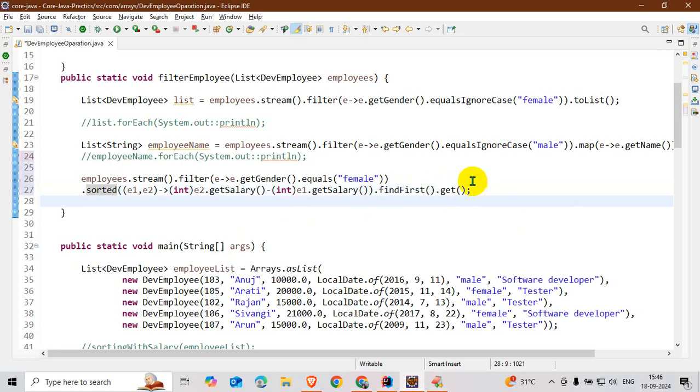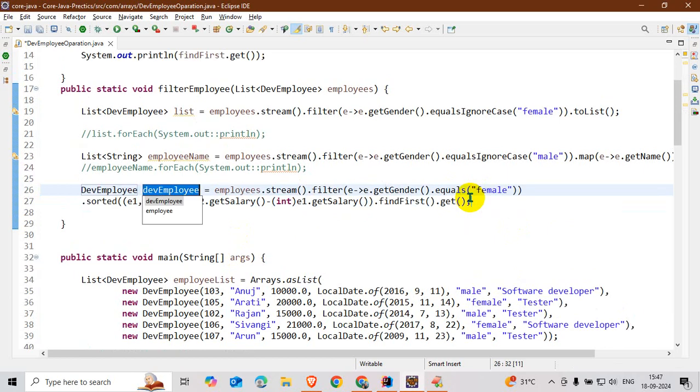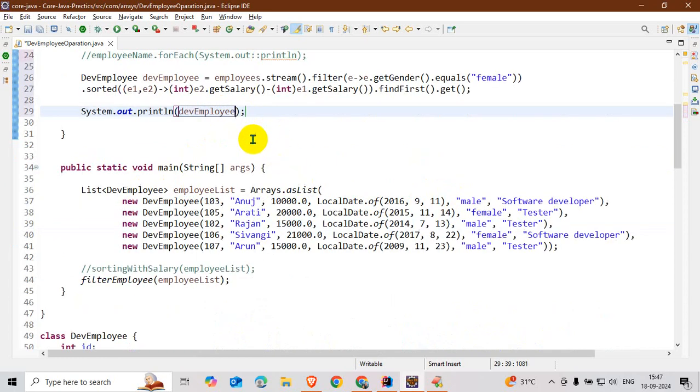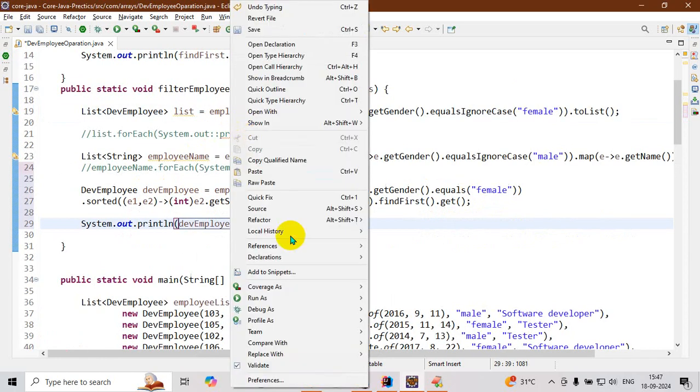So I want to collect this employee. I want to print this employee. So here I am getting the maximum salary, the female employee whose salary is maximum.